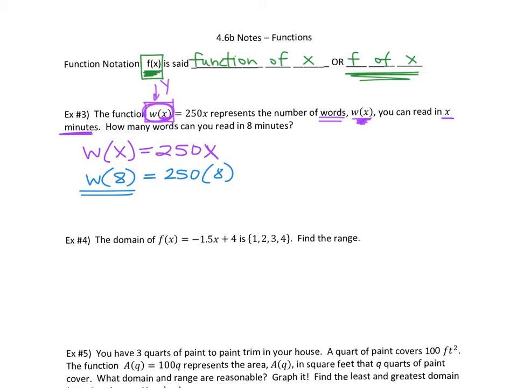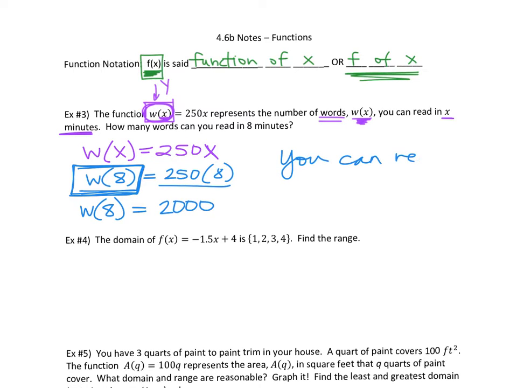You don't need to solve with this. You don't do anything with this. You leave this completely alone. What you do is you just multiply this. So if what it's saying is the function of 8, when I plug 8 in, I get 250 times 8, which is 2,000. Okay, and that's all you have to do. You don't do anything else with that 8. That w of 8 stays w of 8. Okay, so the question was, how many words can you read in 8 minutes? 2,000. You can read 2,000 words